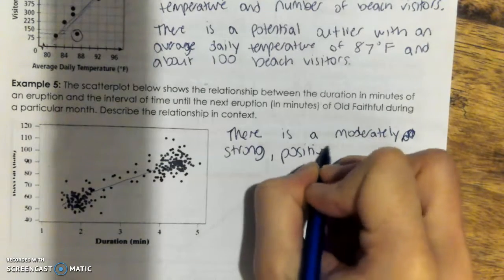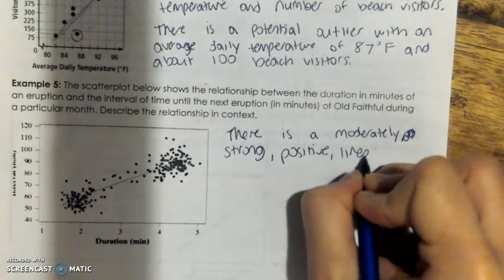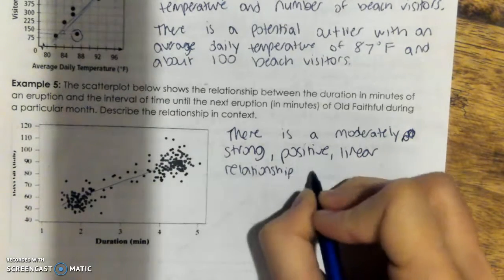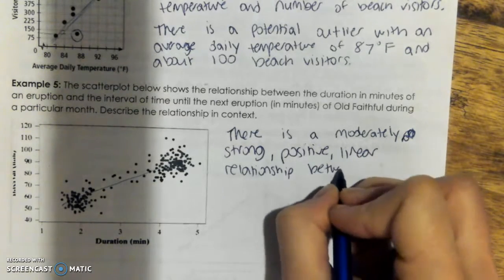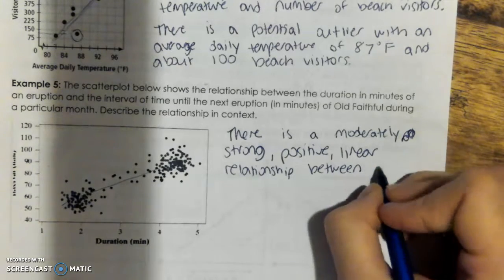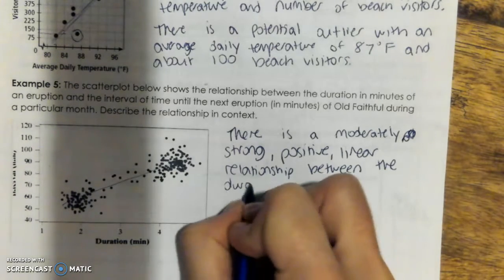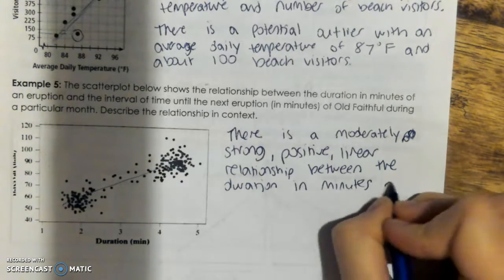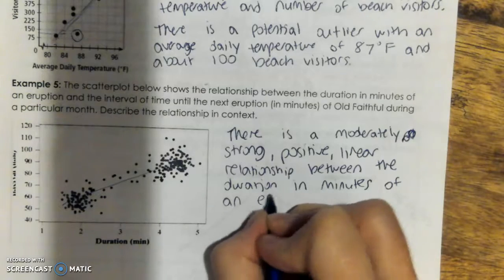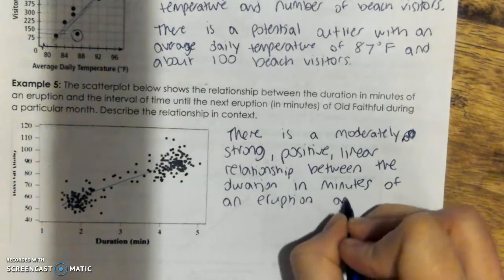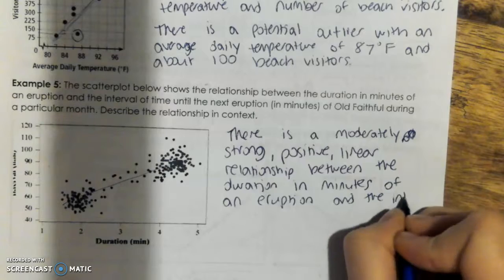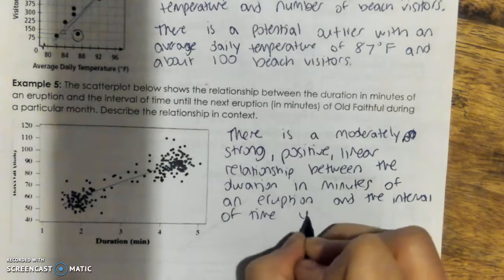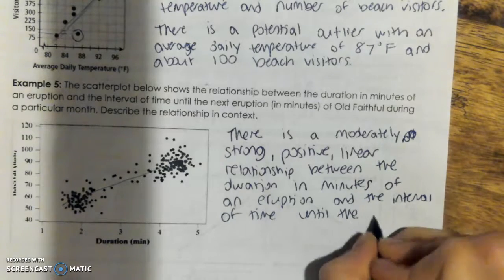positive, linear relationship between the duration in minutes of an eruption and the interval of time until the next